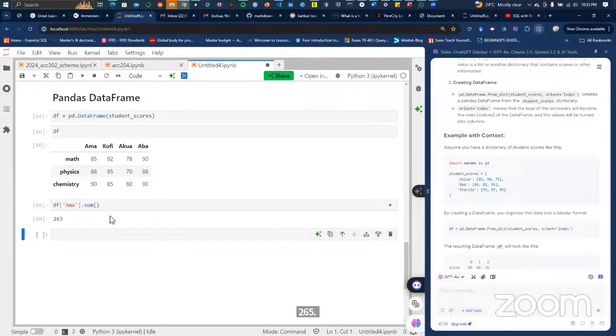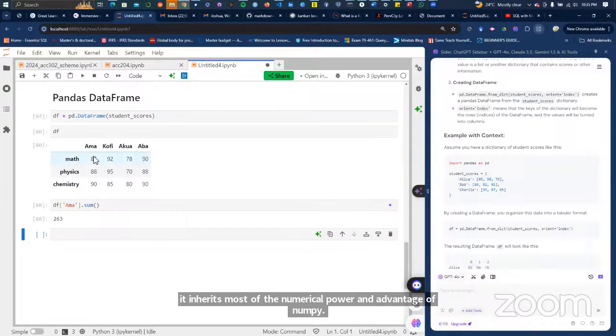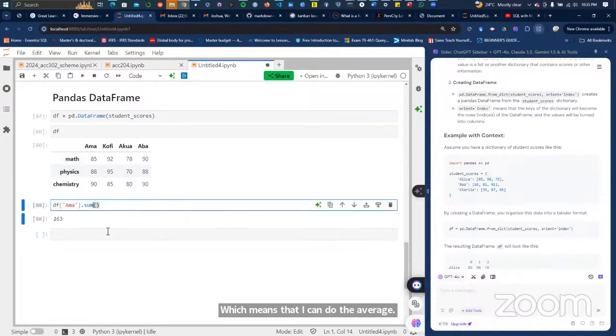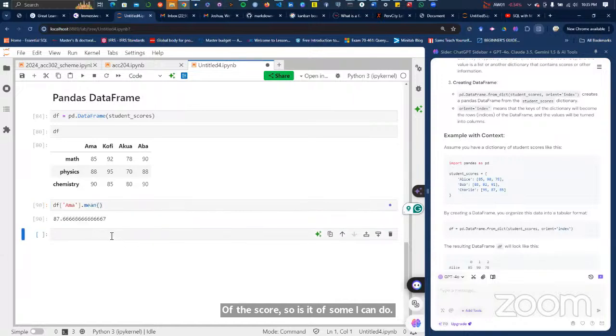Pandas is built on top of NumPy, so it inherits most of the numerical power and advantage of NumPy, which means I can do the average of the scores. Instead of sum, I can do the mean function. So dot mean, and it says 87 point blah, blah, blah.